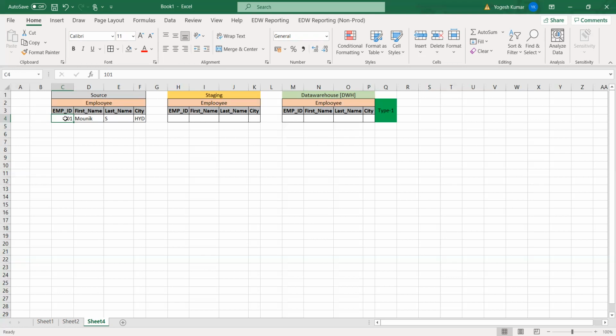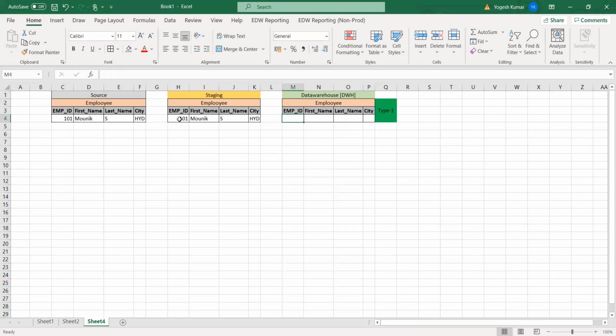This is Hyderabad. This record is coming from the source. Now we will execute an ETL job, and that will load the same data into the staging. Data is loaded in staging. Now, if there is a Type 1 table defined, first it will check whether that employee ID exists in the Type 1 table.